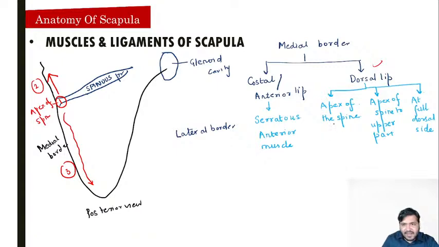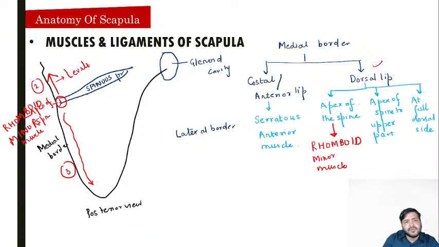तो apex of the spine पे you will find a muscle that is called the rhomboid minor muscle. Apex of spine यानी कि यहाँ पर मसल जो इंसर्ट होती है that is the rhomboid minor muscle, okay. Apex of spine से upper part में जो मसल अटैच होती है यहाँ पर, that is the levator scapulae, and just write down it is the levator scapulae, and apex of spine at full dorsal side, okay, यहाँ पर मसल होगी rhomboid major,